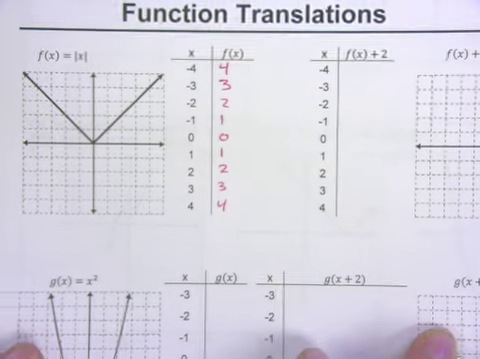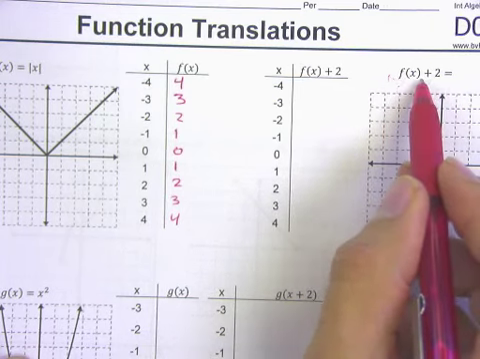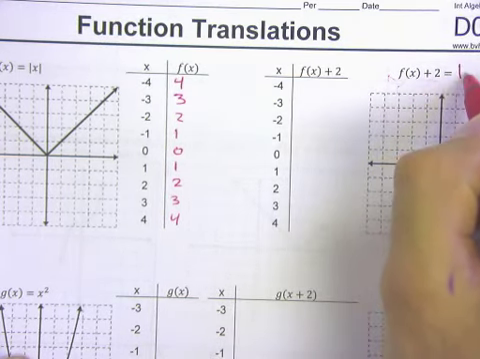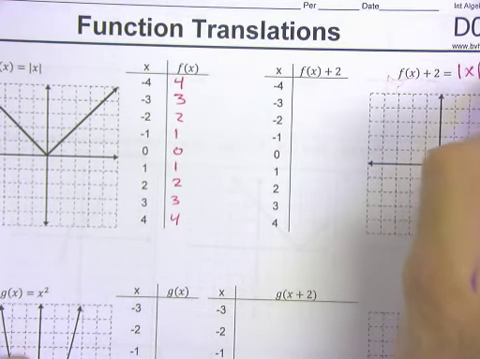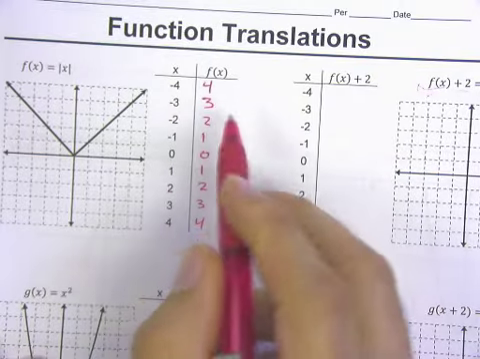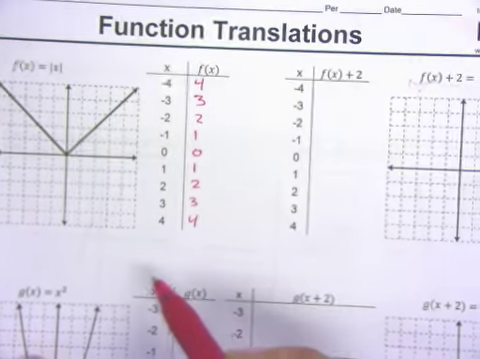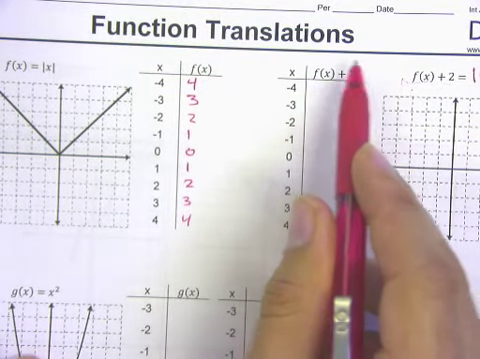When we're talking about translations, we're looking at something like this. What happens if we take that function and we add 2 to it? Right? So instead of just the absolute value of x, which is what f of x is, now we have the absolute value of x plus 2. What is that going to look like in our table, and what is that going to look like on our graph? Well, in the table, it's going to take each one of those outputs, and it's going to add 2